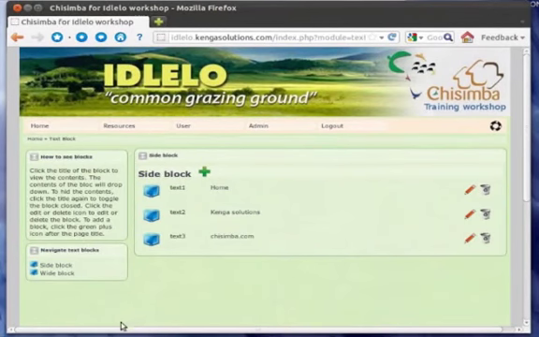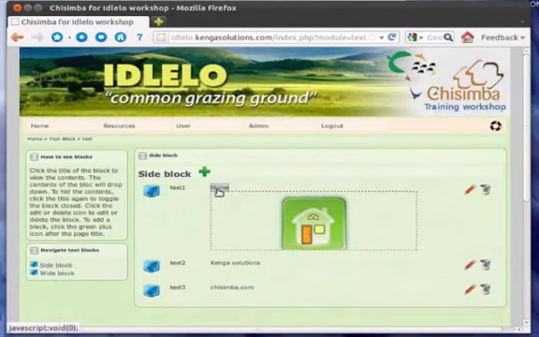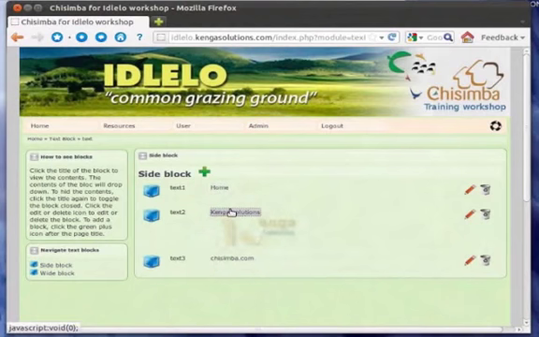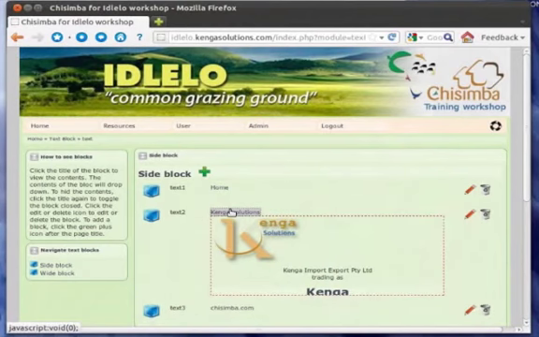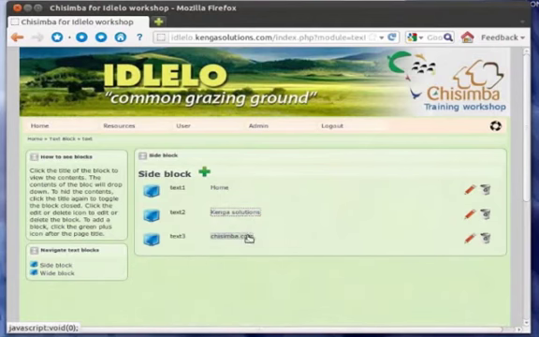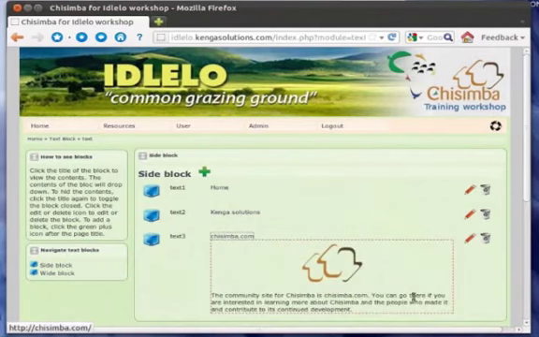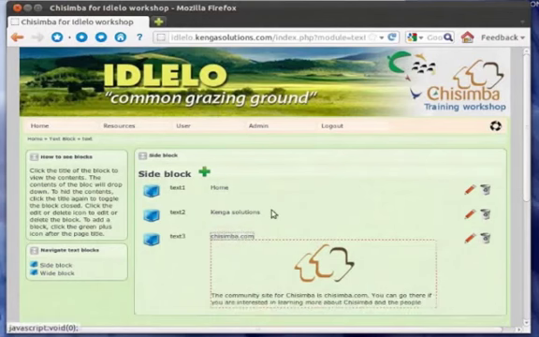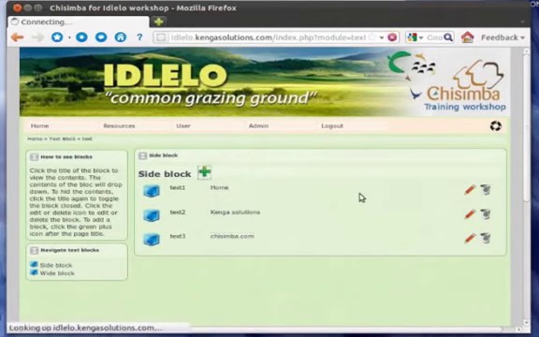Okay, so what we're going to do, we've just created page equals 2, right? So let's go to side blocks, and you can see some side blocks that I've already created here. There's the home one that you saw just before we logged in, or you see on the Slate module. This is the block that gives you the information about Kenga Solutions, and then there's a block pointing you to Chisimba.com. Okay, so what we're going to do is add another block,